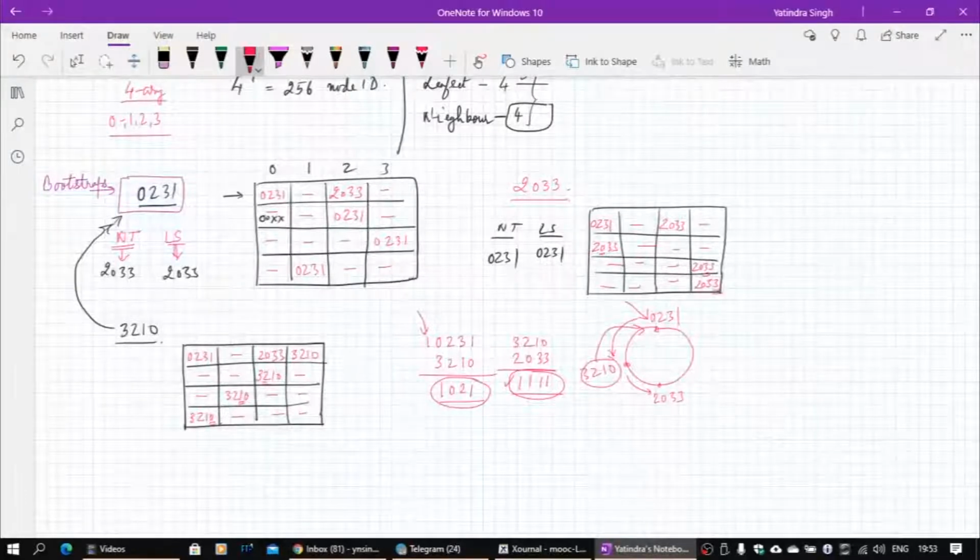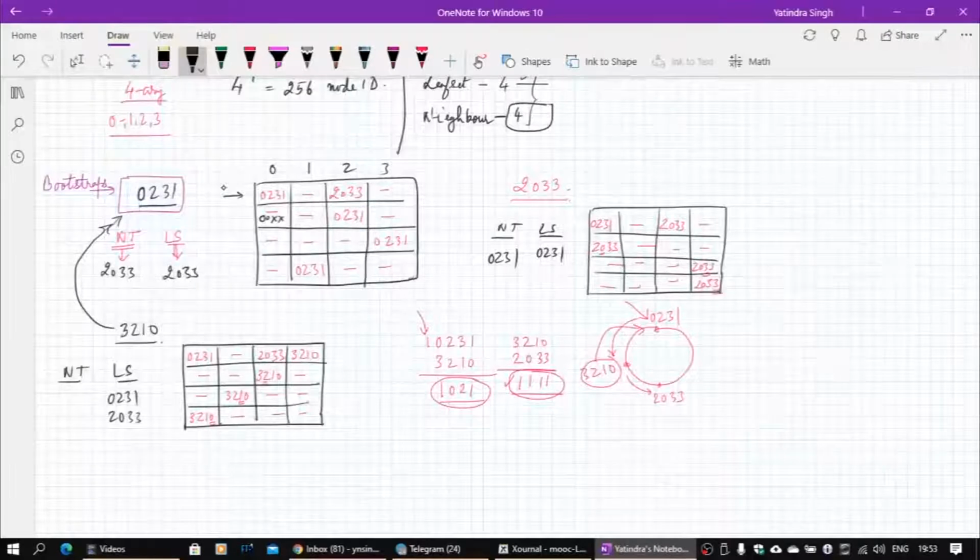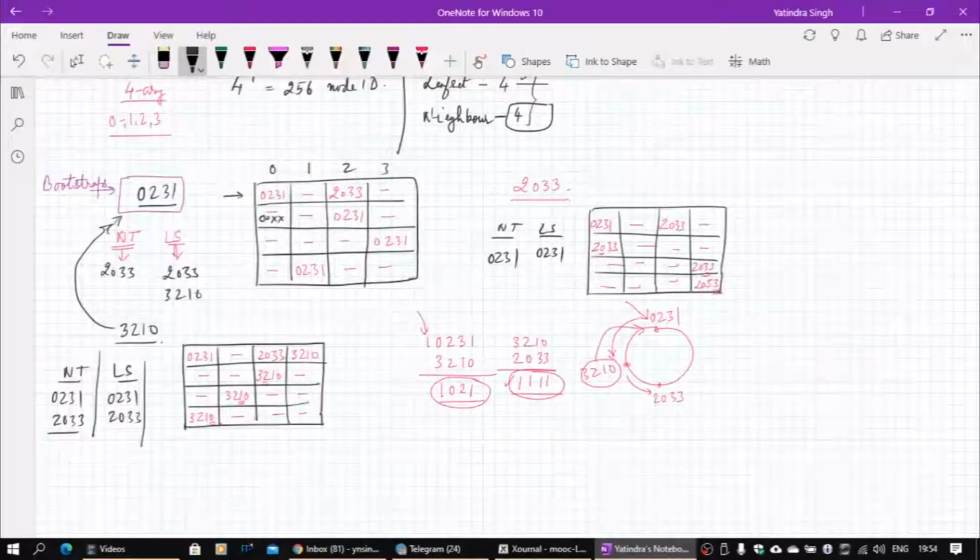Now what will happen to 0231? And of course I have to further mention the neighbor table and the leaf set. So 3210 will now build up a leaf set, and it will invariably contain both these entries. Similarly the neighbor table will contain both, because all 4 entries have not been there yet, so there is no choice, you have to keep all the entries. So these will be the entries for the neighbor table and leaf set. 0231 will come to know of this guy, so it will also maintain 3210 at both the places, so they are populated.